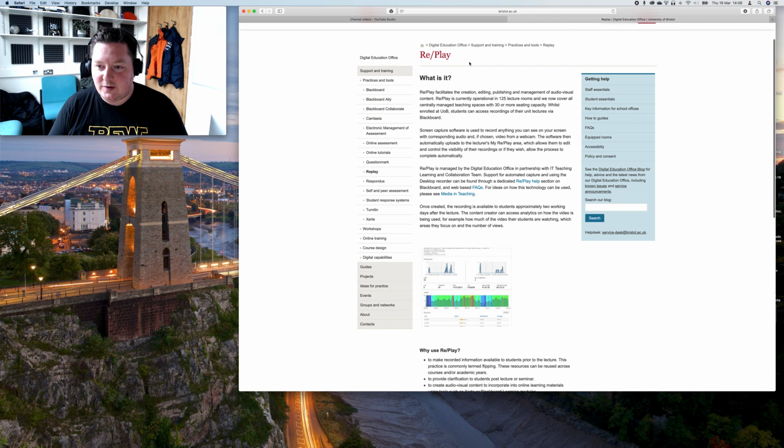This is the software, or the system, that records our in-person lectures with the lovely red light on the lecterns, and it's what I'd recommend if you want an approved and supported way of doing pre-recorded stuff like this for students to use. If you want to do stuff live, then Blackboard Collaborate is a really good solution, and